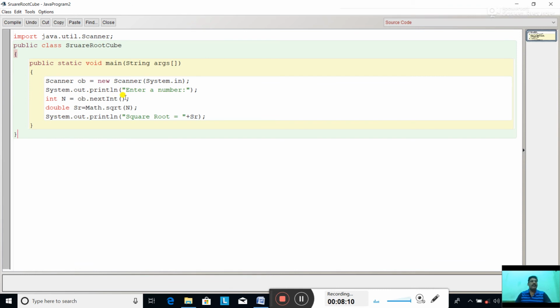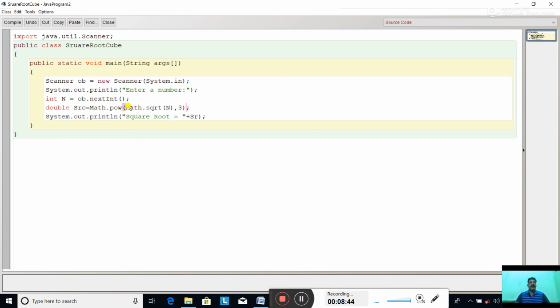Int n equal to ob.nextInt(), and double src. SR for square root, and C for the cube. The Math.pow function will be used. Math.pow, and in it we'll write Math.sqrt(n), comma 3. So what will this do?